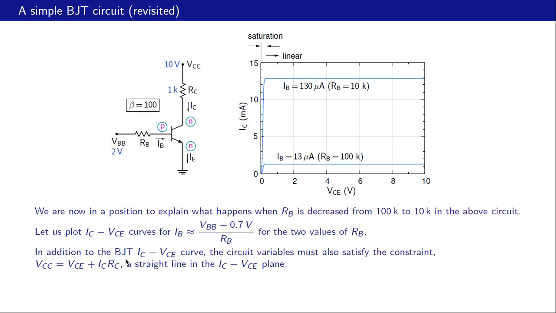So in addition to the BJT IC-VCE curve, the circuit variables must also satisfy the following constraint, and let us see where this is coming from. VCC equal to VCE plus ICRC. VCC must be equal to this voltage plus this voltage. Now this is just VCE, that is this variable here, and that voltage drop is ICRC. Now this equation essentially looks like a straight line in the IC-VCE plane, and let's plot that straight line now,